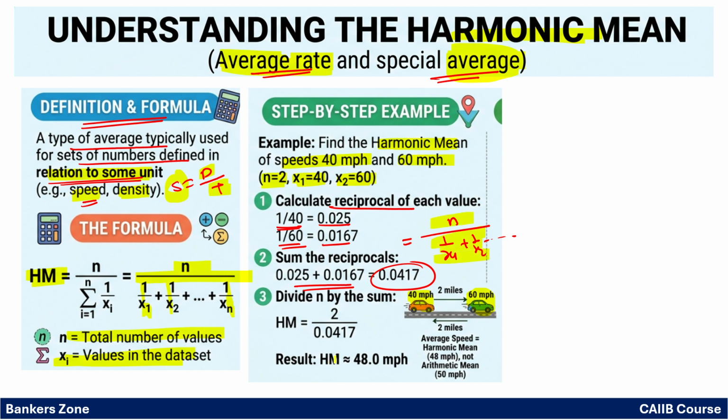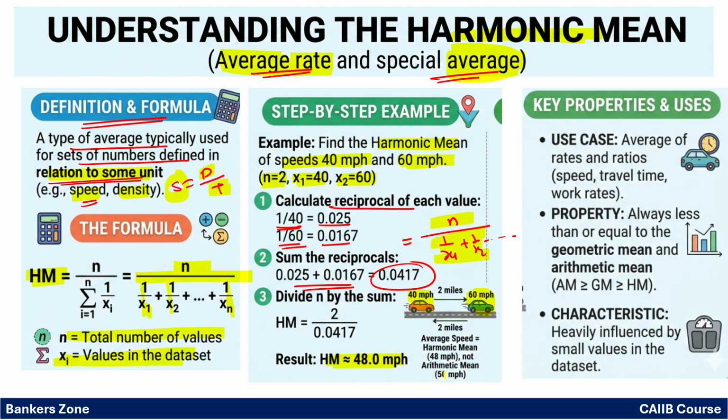So when you put the value, you will get the harmonic mean 48. So one car is moving at 40, another is moving at 60, the average speed of that car will be 48. Okay. Now when do we have to use it? When the average of the rates is given, or the ratio is